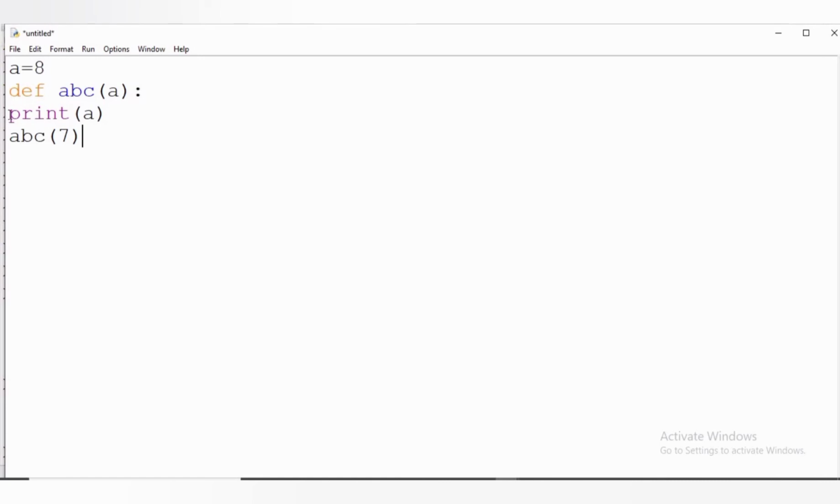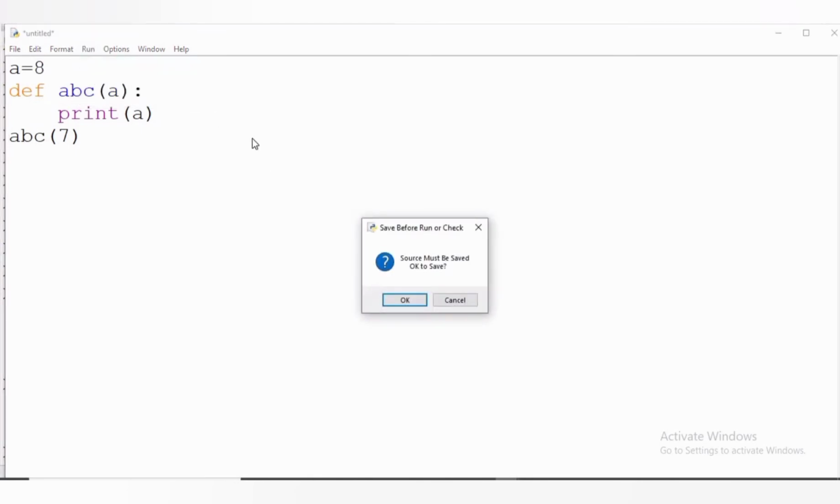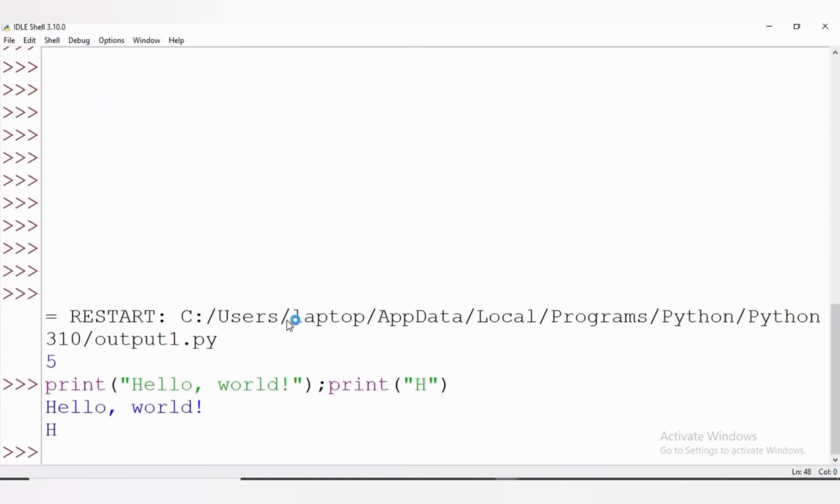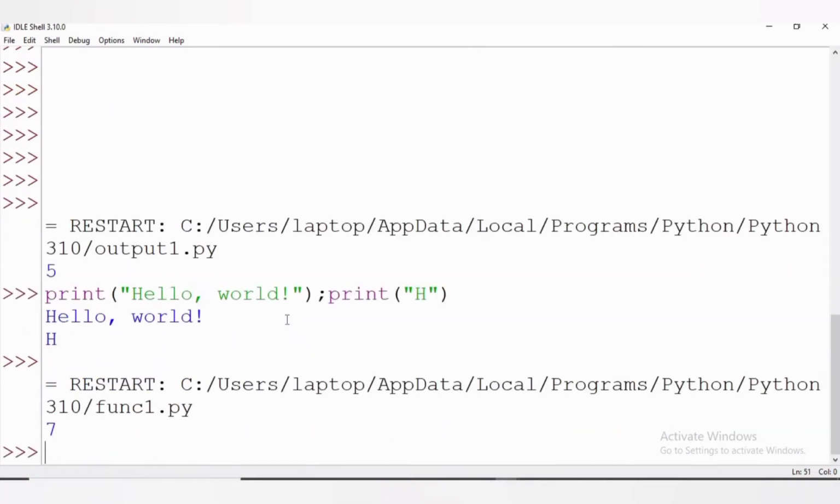Let us execute it in Python. After copy, we have to change the indentation so that it will execute smoothly. As we are calling the function with the value 7, the output will be 7.